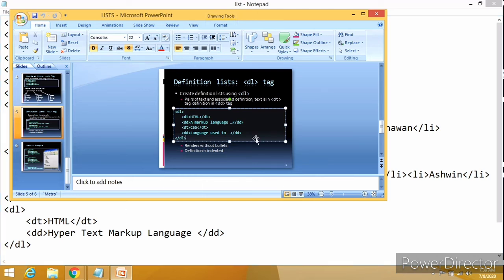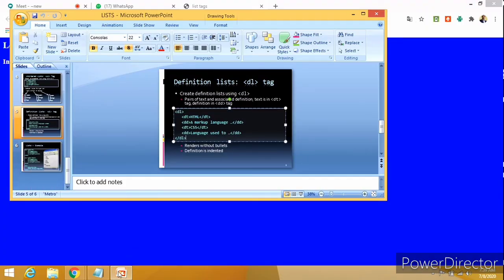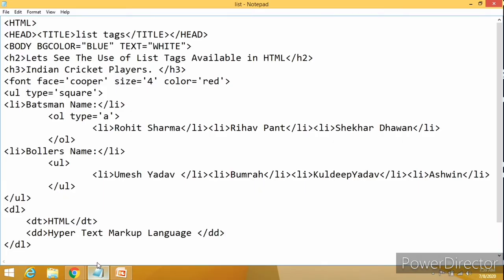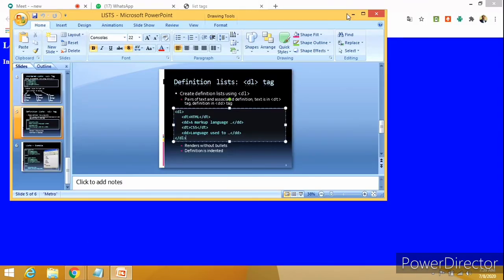It is not supporting over here, isn't it? We have used the DL tag, the DT data term, DD, DL and DT. Let us see what the reason is.